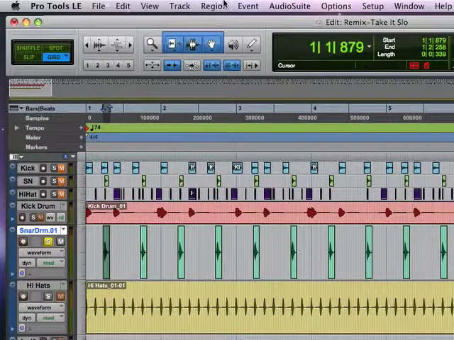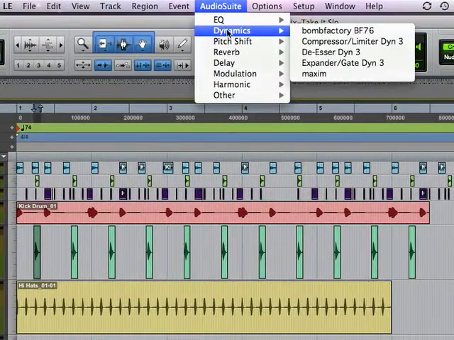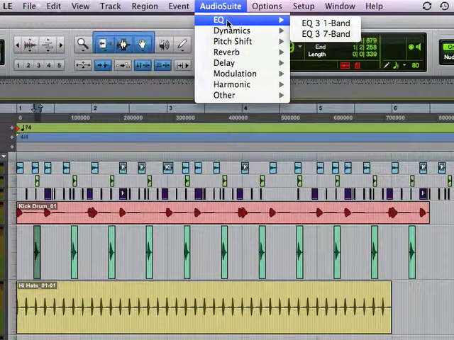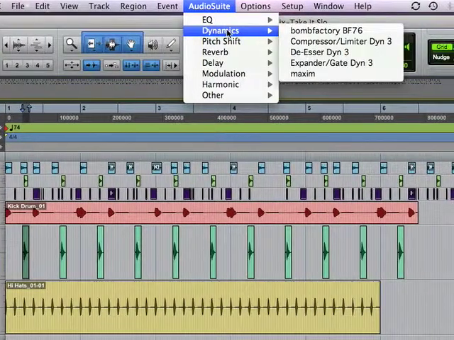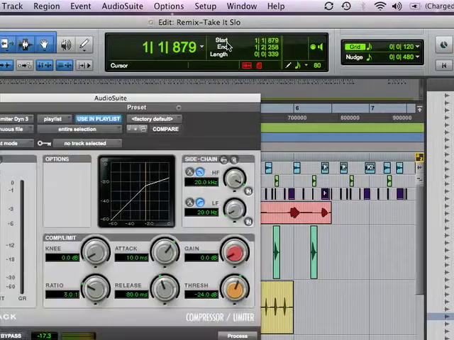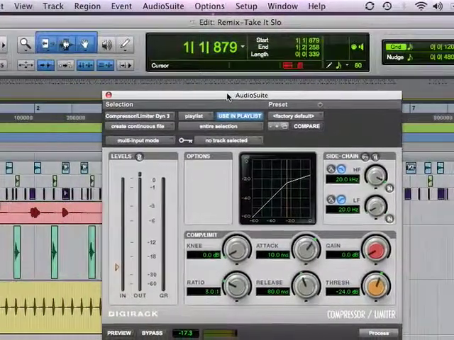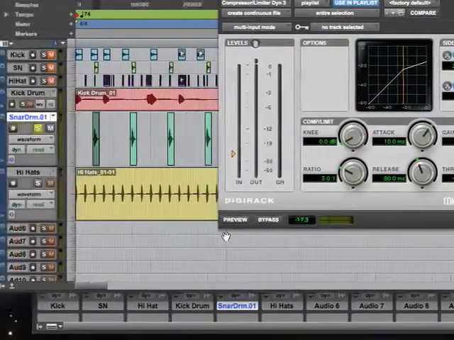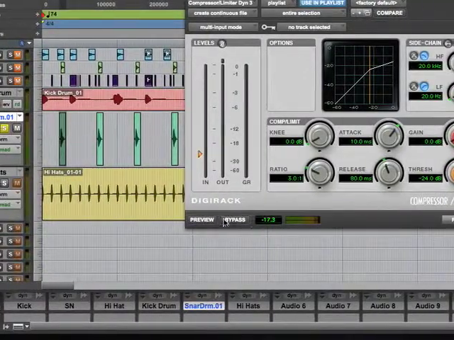and I may go into an audio suite, and I may want to EQ or let's say raise a level of something. Let's say I want to go into a compressor limiter here, and I'll pull it up, and I'll pick this sound here, and I'll say, okay, I may want to bring it up. Let's see how it sounds regularly. So I'll just press preview,